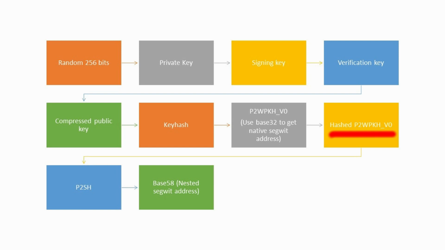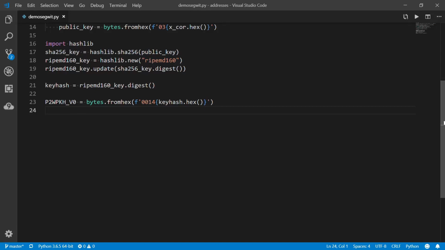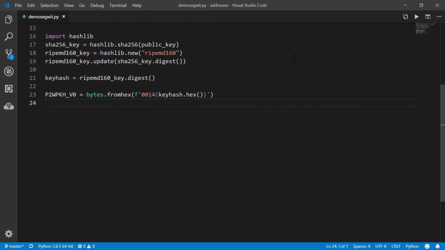Okay, so we got our native pay to witness public key hash version 0 script, and now we need to hash it in order to get our script hash or the redeem script. So back to our code. And this process is so similar to the one that we used when we created our key hash that I'm actually going to just copy paste it